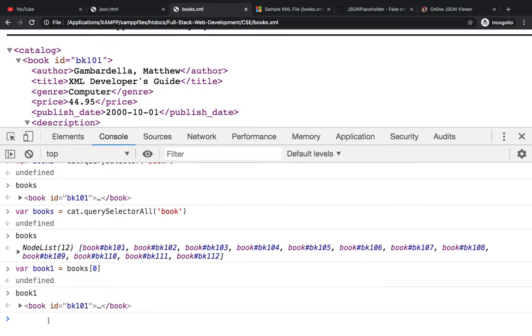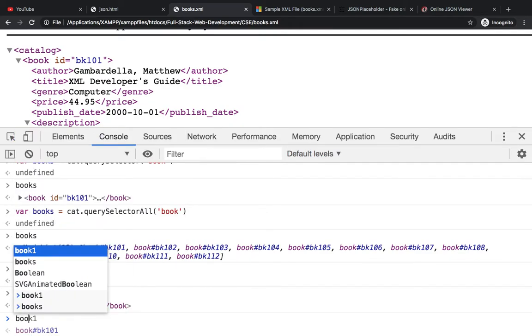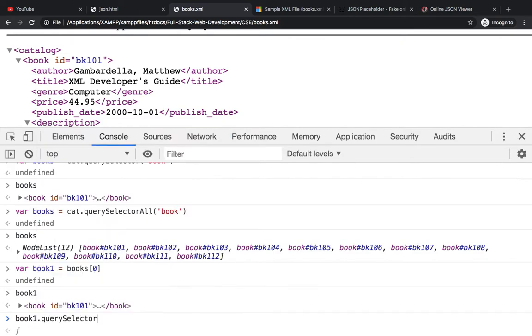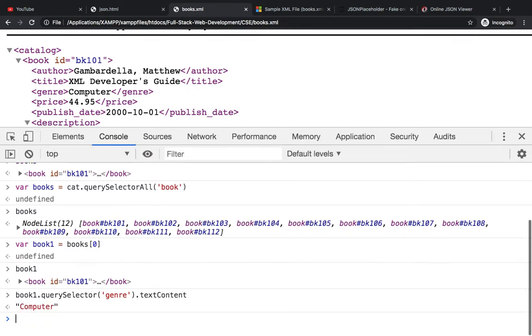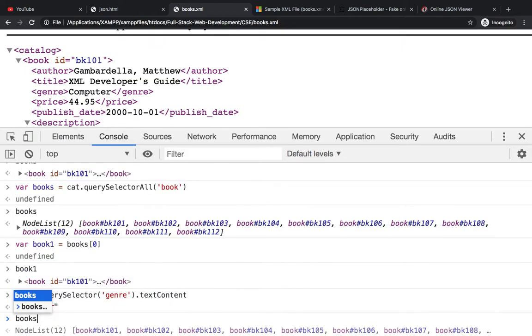So what I will do is book 1 dot querySelector, genre. But as you can remember, in the previous lecture we used one more thing here, that is textContent, and you can get computer. Similarly with other books you can do the same thing.